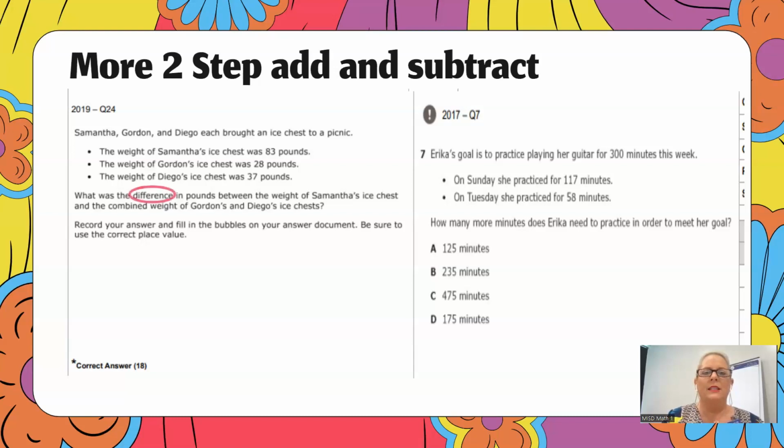What was the difference in pounds between the weight of Samantha's ice chest and the combined weight of Gordon and Diego's ice chests? So we have to put Diego's and Gordon's ice chest pounds together. So add, and then we have to subtract to find the difference between the weight of their ice chests and Samantha's ice chest. And that problem is one that you will see time and time again come up where we have to find the difference between 2 combined things and one other option. So we need to talk about